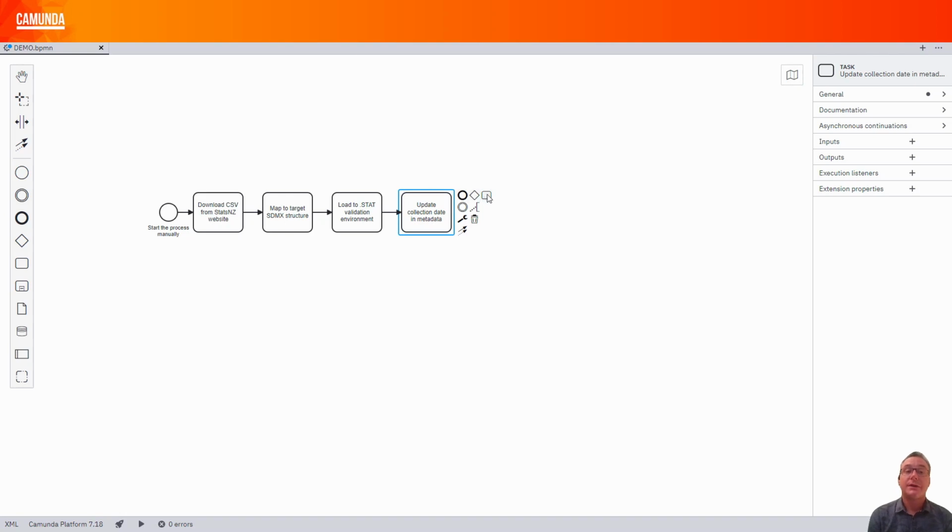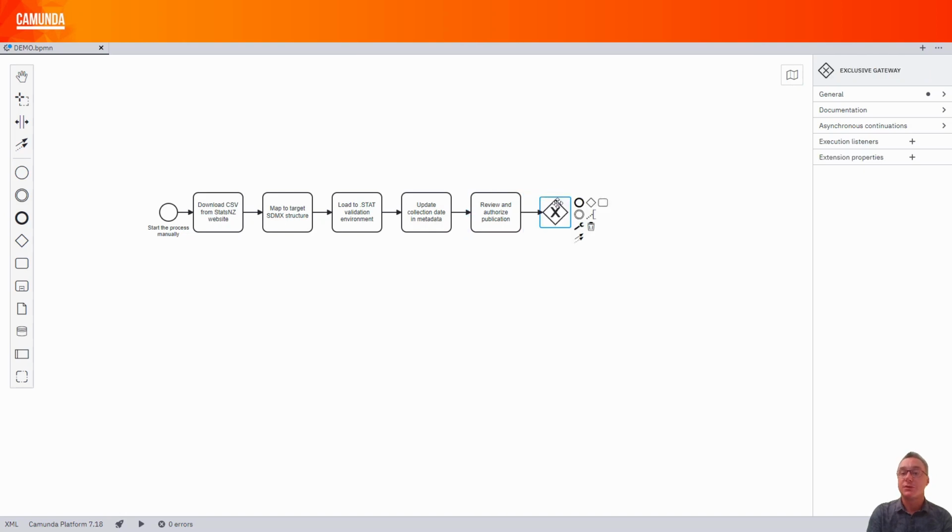A human validation will be performed for authorizing publication. If the user approves the release, content will be published to a .stat suite dissemination data space. A social media post will then be issued to advertise the release.